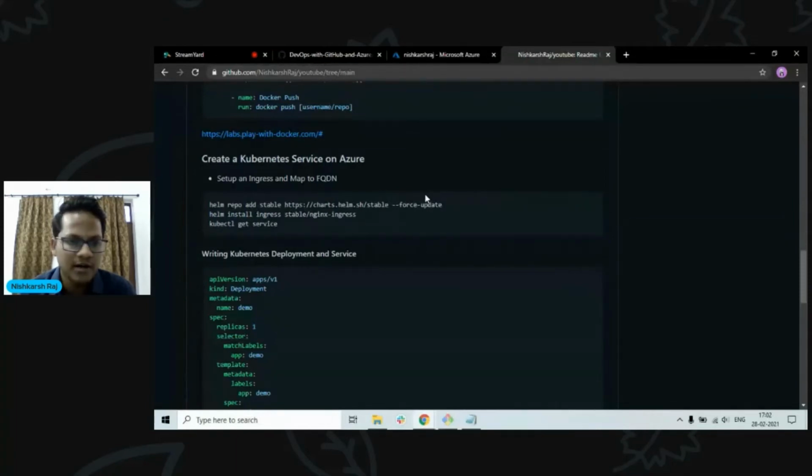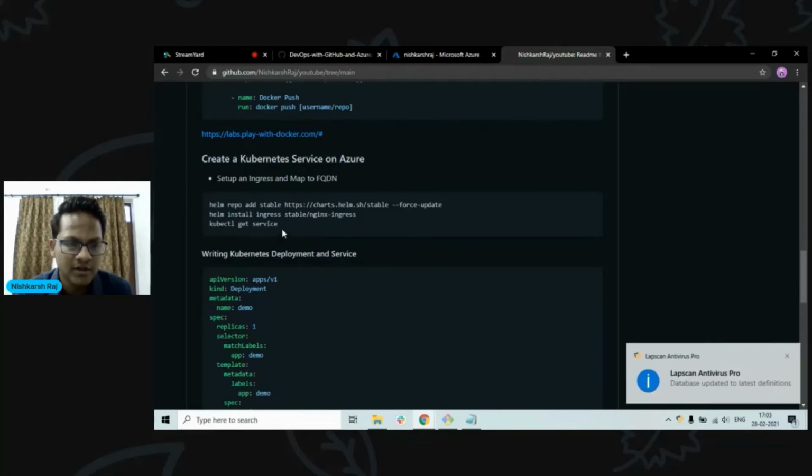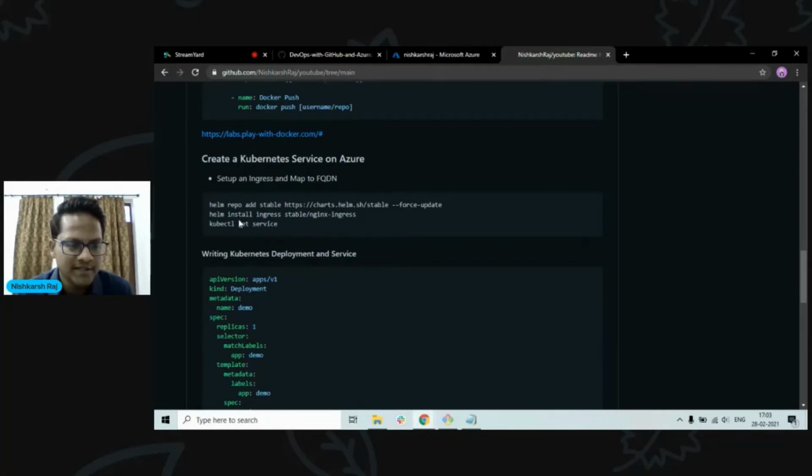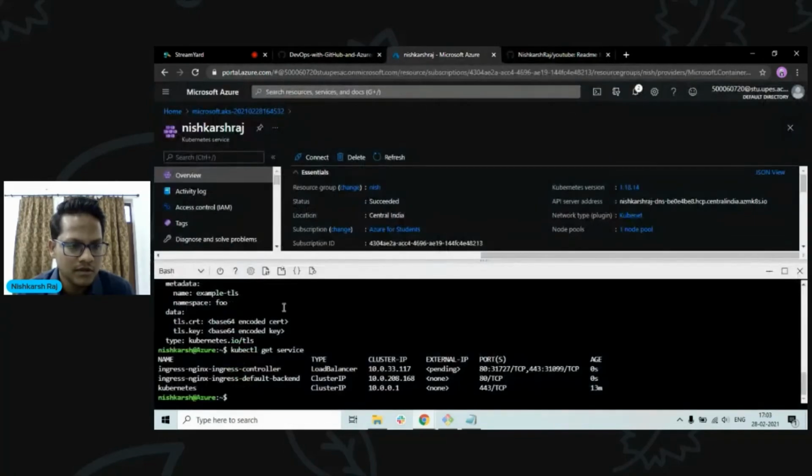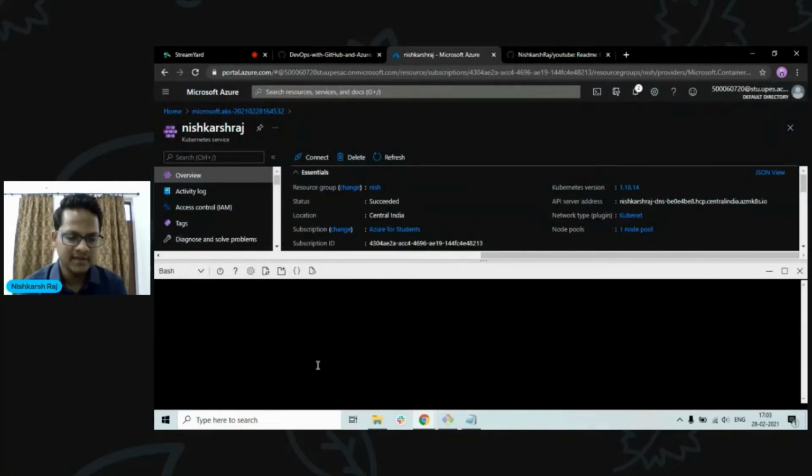Similarly, we have to create a service. A service is how you can access those pods outside the Kubernetes cluster. But it is not recommended that you access the services directly. So you create a level 7 load balancer with ingress so that an abstract access is given rather than a direct access to the Kubernetes service. You can read more about it in the open source documentation. So my ingress has been created.